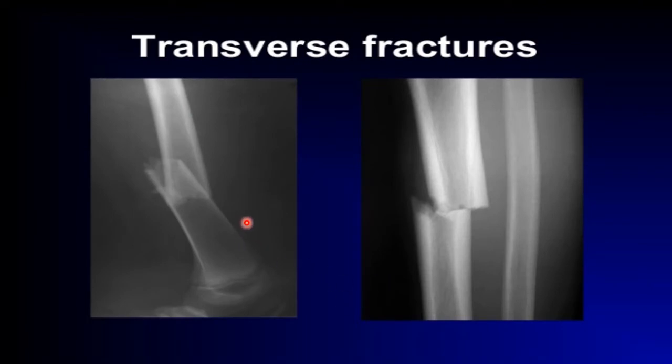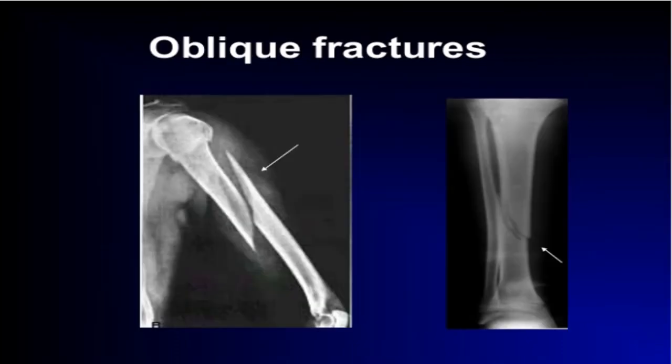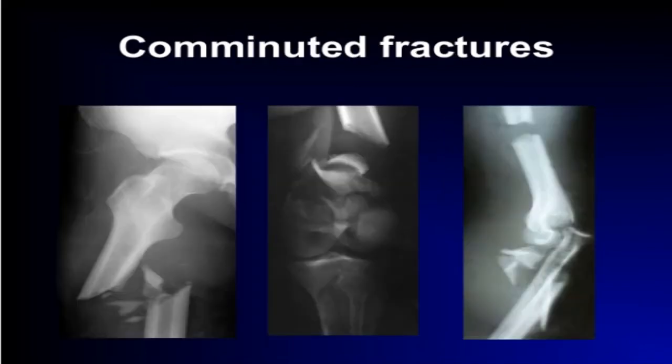X-ray picture of transverse fractures. The fracture line is almost horizontal compared to the long axis of the bone. Here you again see, this is a lower one third of the femur. This is tibia, upper third, and this is fibula. This is an example of oblique, and this is an example of a spiral fracture. So, all these fractures can be simple oblique or compound oblique fractures.